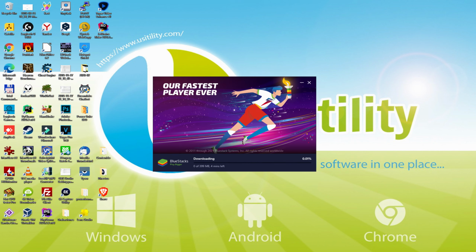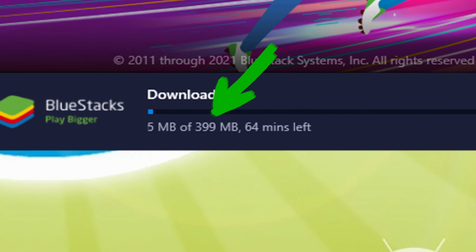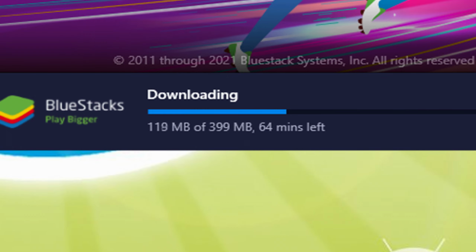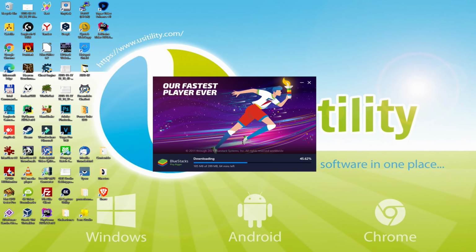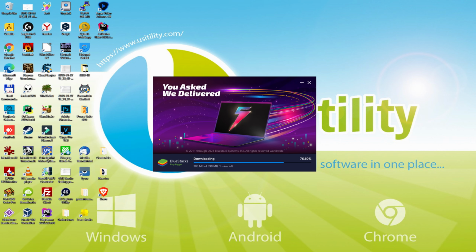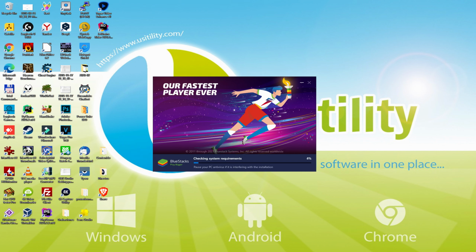Fantastic. The setup begins and it's going to commence with the download of all these MB that are displayed on the computer screen. The moment you download it, it might possibly be more or fewer megabytes. The download speed could be faster or slower, based on your web access and according to the data transfer rate of the emulator hosting servers. Today they're progressing super fast. The download is finished and now it proceeds with the installation phase.